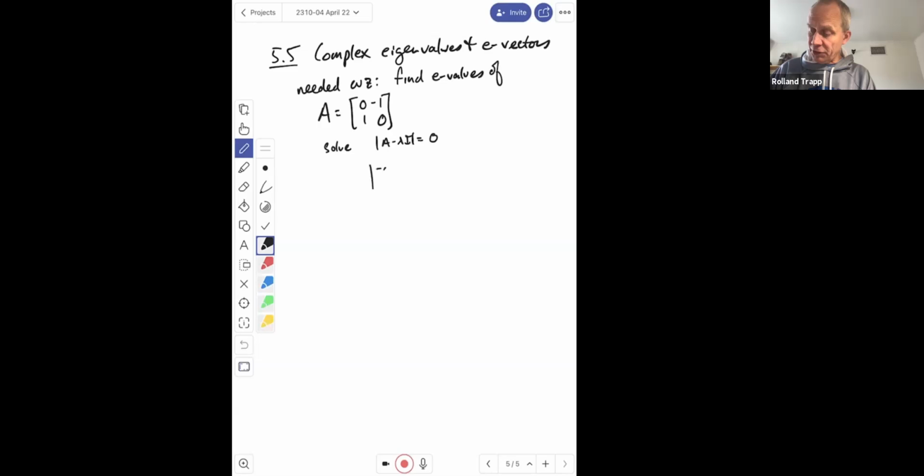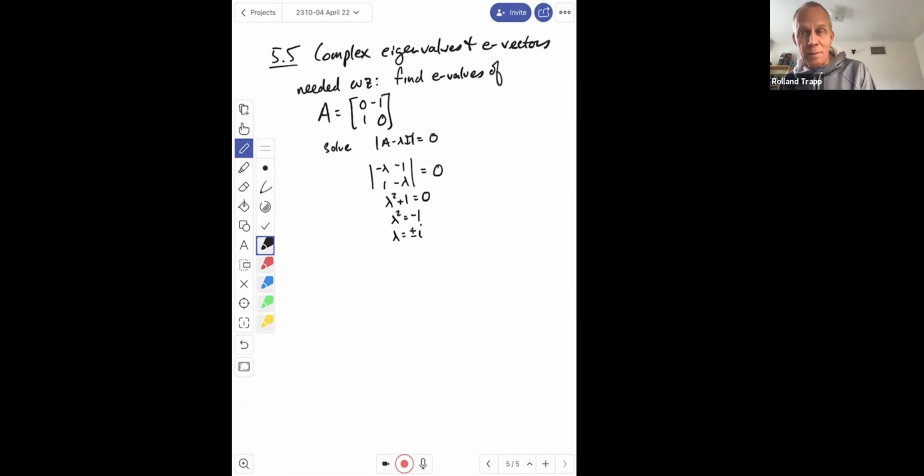That determinant just subtracts lambda from the diagonal entries, right? And if you take that determinant, you get lambda squared plus 1. And this has lambda squared equal to -1, so lambda is plus or minus i,